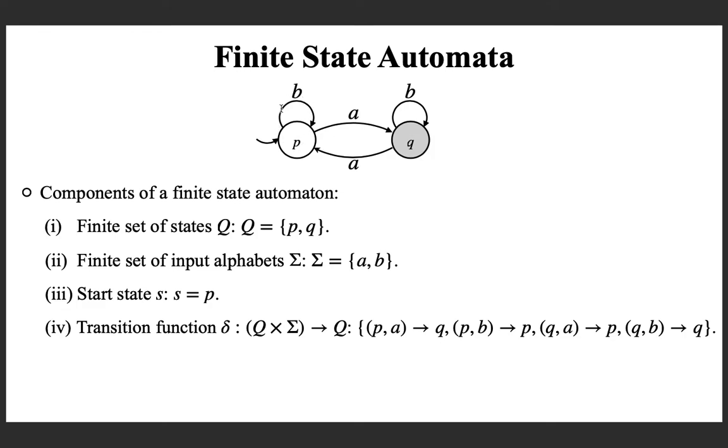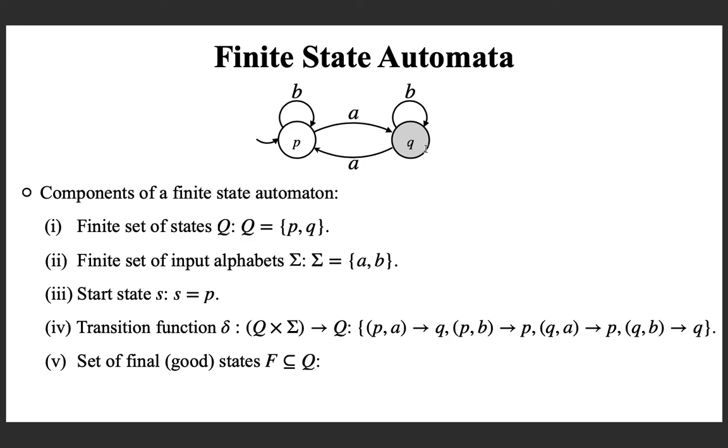So, remaining in the state P, you are reading the input B. Now, from the state Q also you have transitions defined for A and B. And for a deterministic finite state automaton, it is required to have exactly one transition defined for every input symbol from a state, and the last component